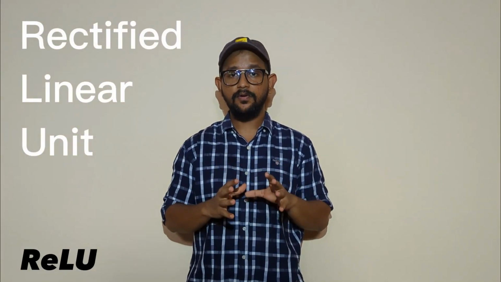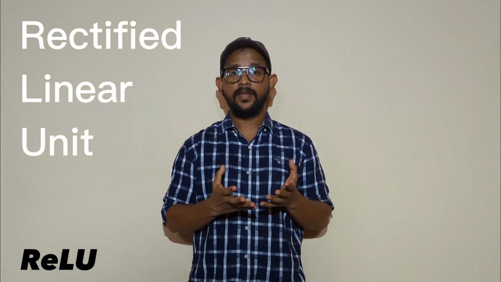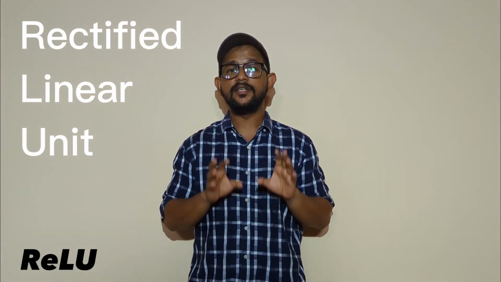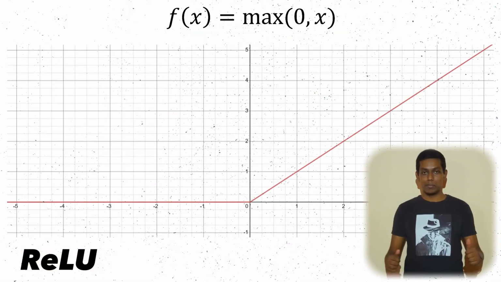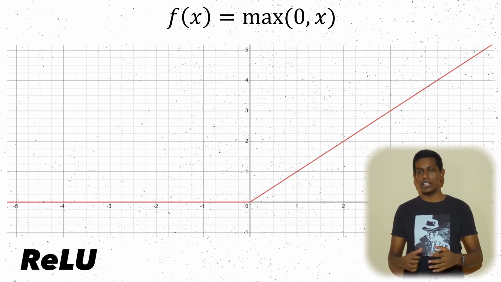ReLU stands for rectified linear unit. It sets all negative values to 0 and passes all positive values unchanged. The main point here is that the ReLU function does not activate all the neurons at the same time. Since only a certain number of neurons are activated, the ReLU function is far more computationally efficient when compared to the activations like sigmoid. Mathematically, it can be represented like this. This is used in many neural network architectures, including CNN and RNN. However, ReLU can lead to the dying ReLU problem. This occurs when a large number of neurons output 0, resulting in a dead network that hinders its learning any further. To overcome this issue, leaky ReLU can be used.